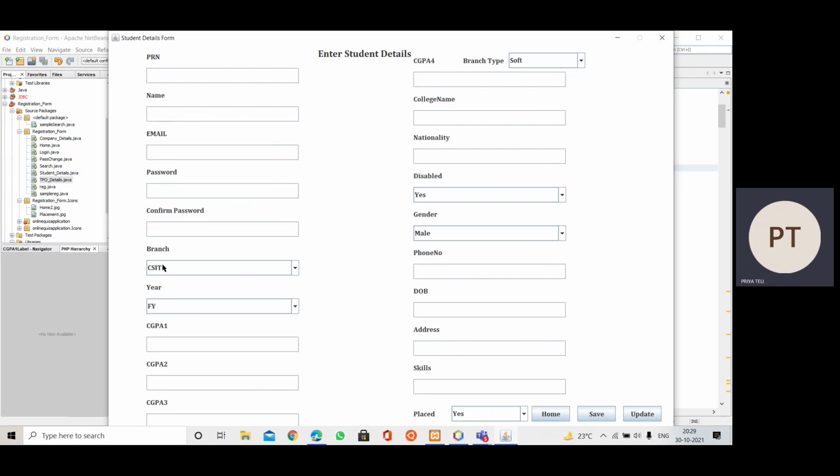These are the combo boxes where we have a choice to select any one option. We have a total of 5 combo boxes here. And these are the buttons. This title which we see is also a label. So let's see how we are going to do this.